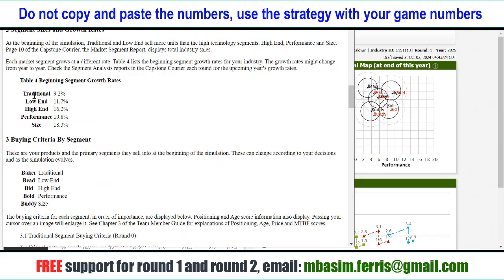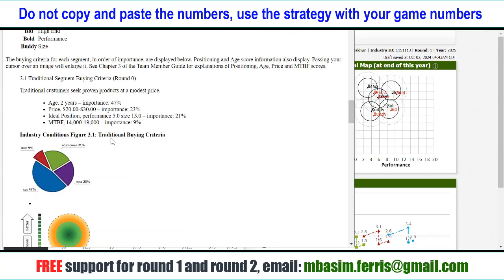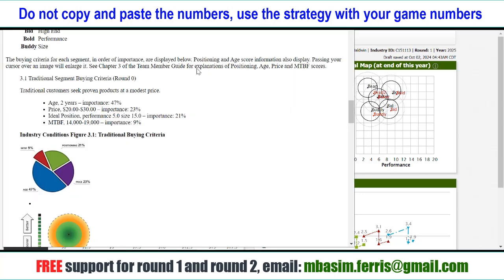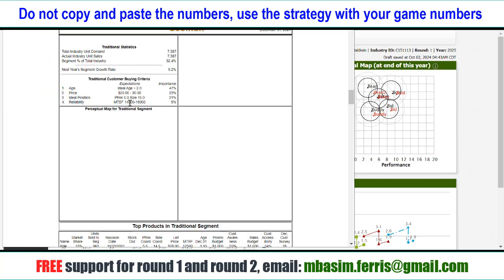We see the segment growth here for traditional, low-end, high-end, and performance inside. I also said something about this in video 1 and 2, lesson 1 and lesson 2. For traditional and low-end, you see the growth is smaller, but high-end and performance size grow faster. But remember that if you look at the career report here for traditional, you see that the market share